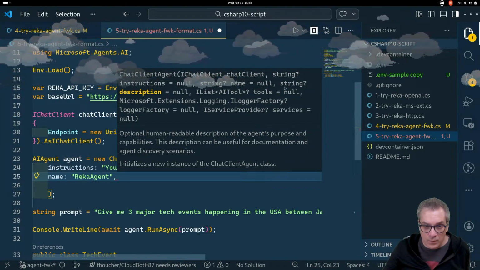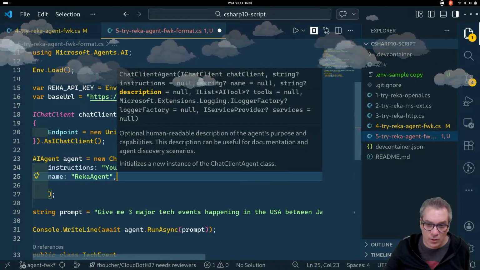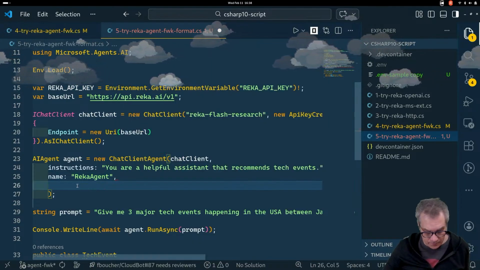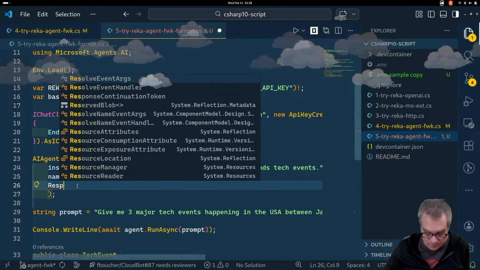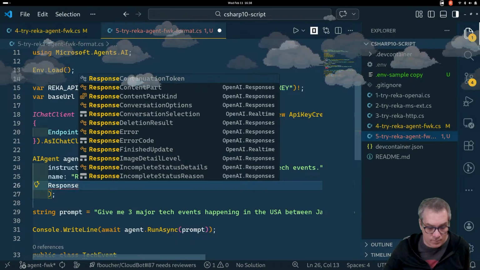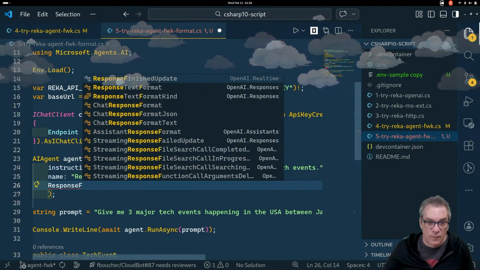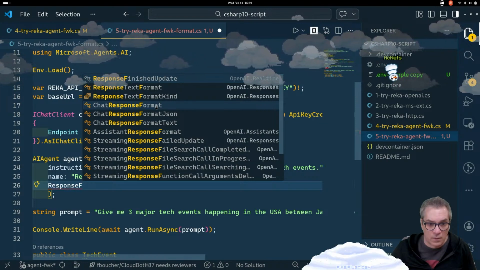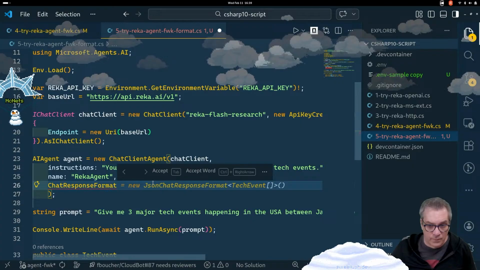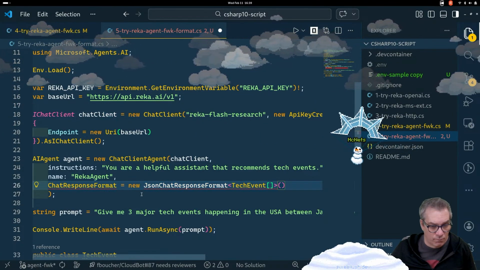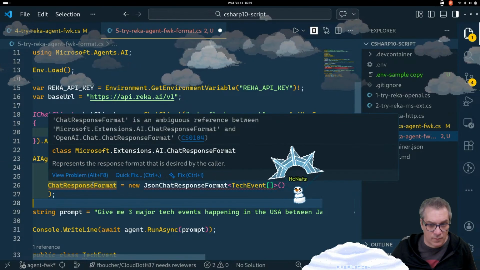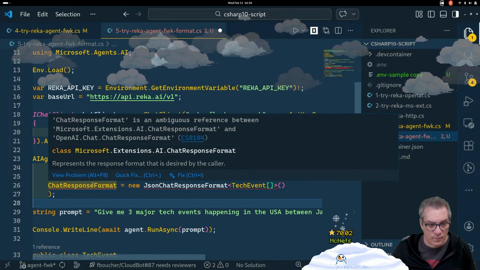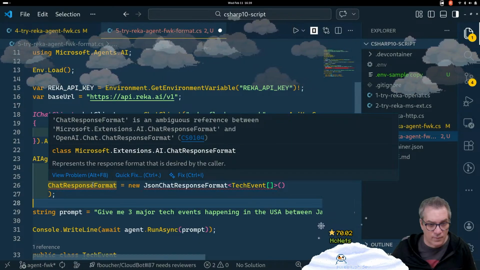Instruction, string name, description, list of AI tools, Microsoft extension, logging. Doesn't look like, that's interesting.